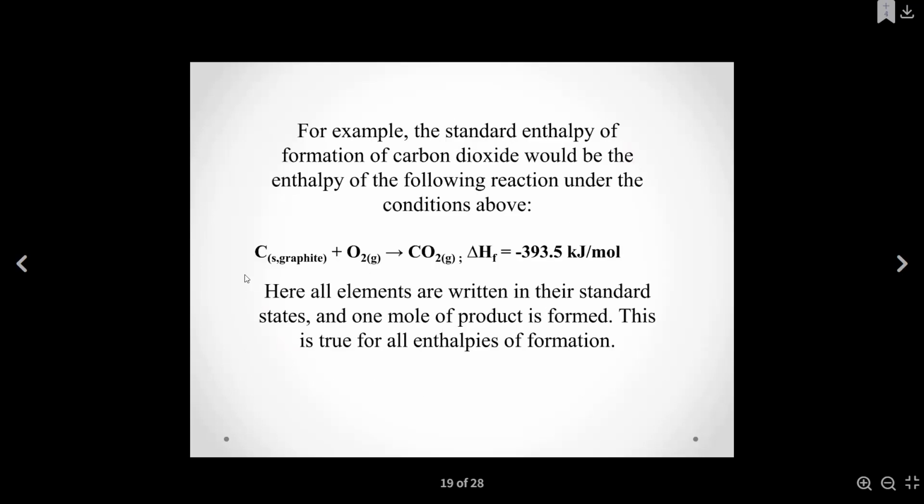So now look at it. What are the constituent elements here? We have carbon and oxygen. So carbon and oxygen react to produce 1 molecule of carbon dioxide. In this case, the quantity of heat that is required for the formation of carbon dioxide will be the enthalpy of the reaction under the conditions above. So you see, this is the enthalpy of formation and the value is minus